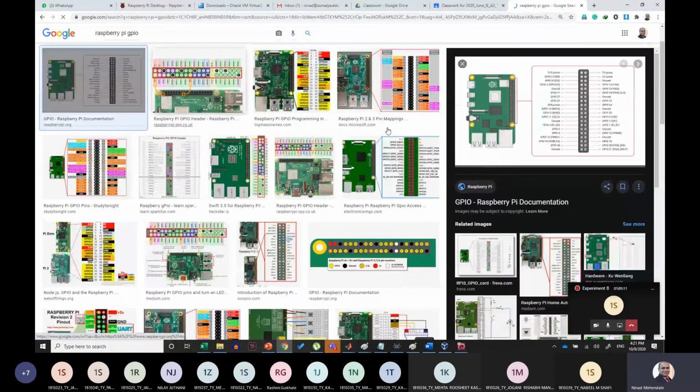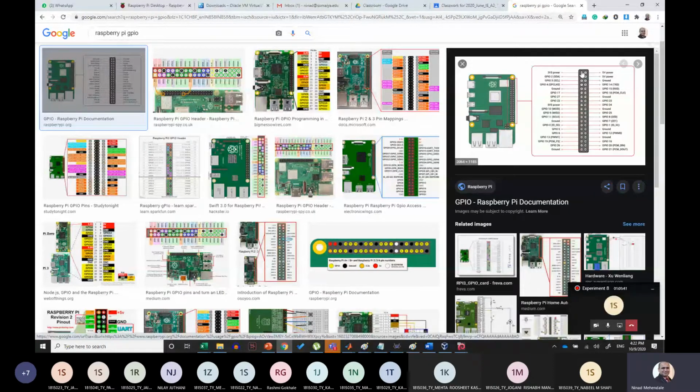This is a very important diagram because it shows you the function of each and every pin on the Raspberry Pi. Like the first pin is 3.3 volt power. Second pin is 5 volt. Now remember, this is not a traditional numbering. Raspberry Pi has this strange way of numbering its pins like 1, 2, 3, 4, 5, 6, 7, 8, 9, 10 and so on. So your last ones, 39, 40, come in this way.